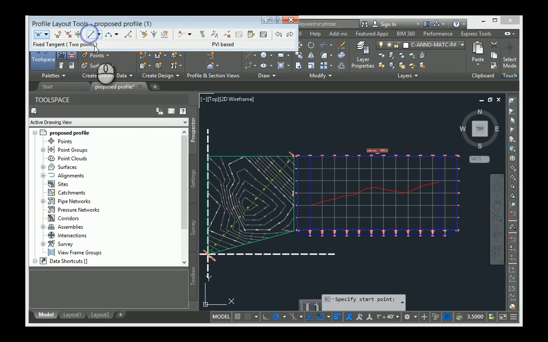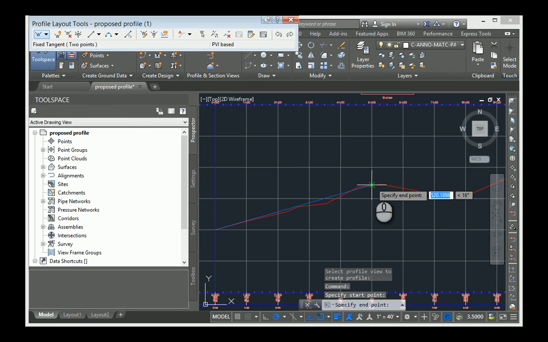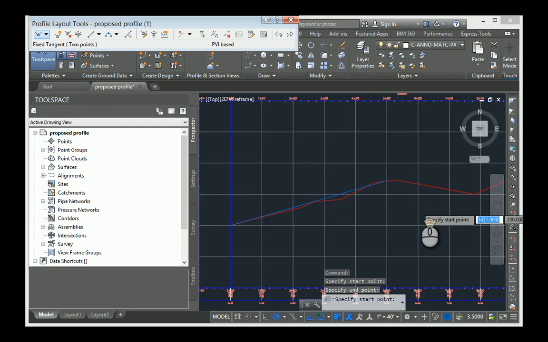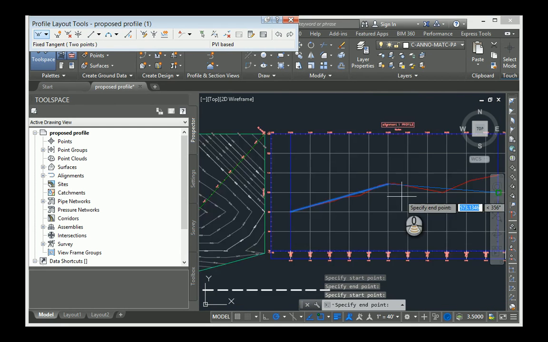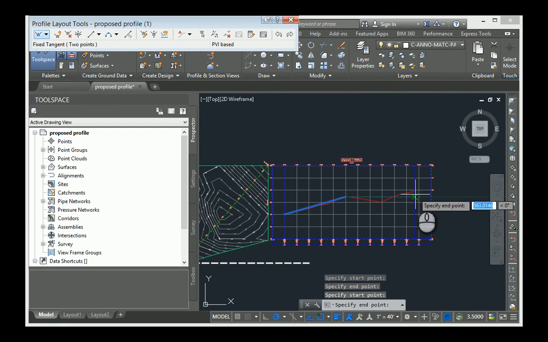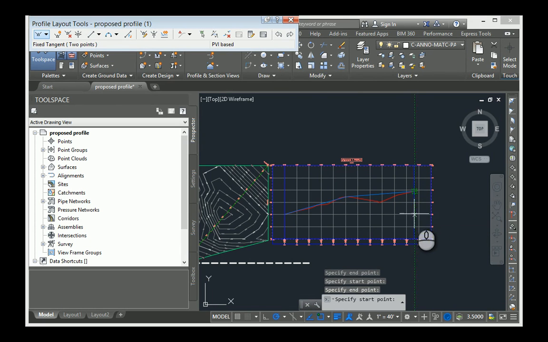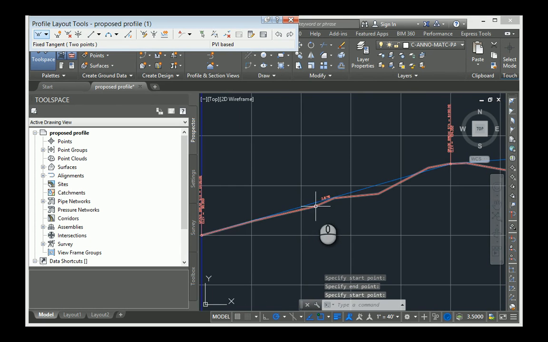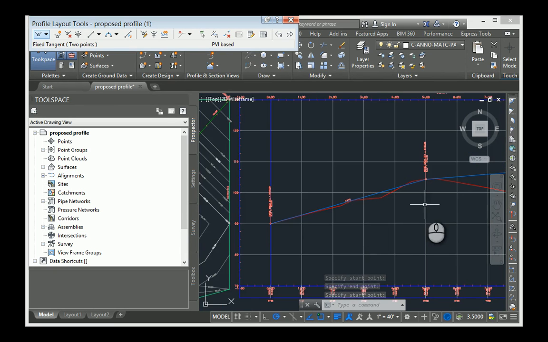So we're going to click on the line tool, so make a nice straight line. We're going to go from here to this intersection right about here, and then we're going to continue from here to this end point here, and then when we're done with that we hit enter, and you can see it is 2.87% here,